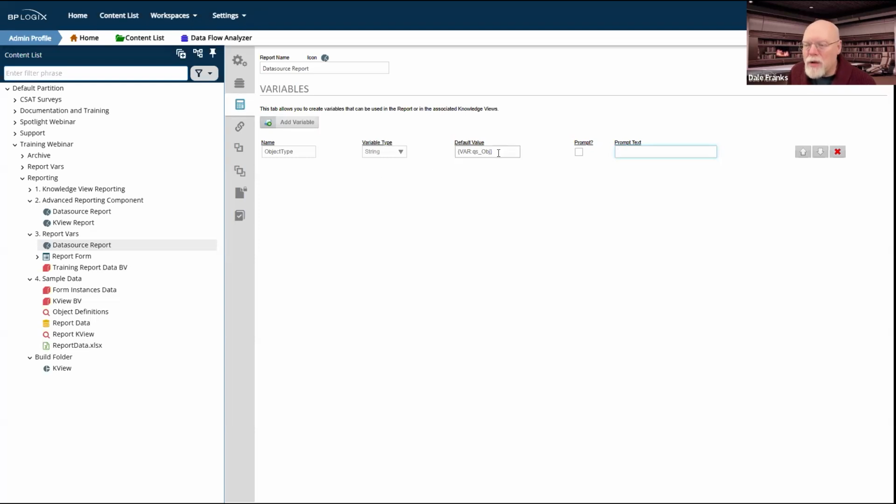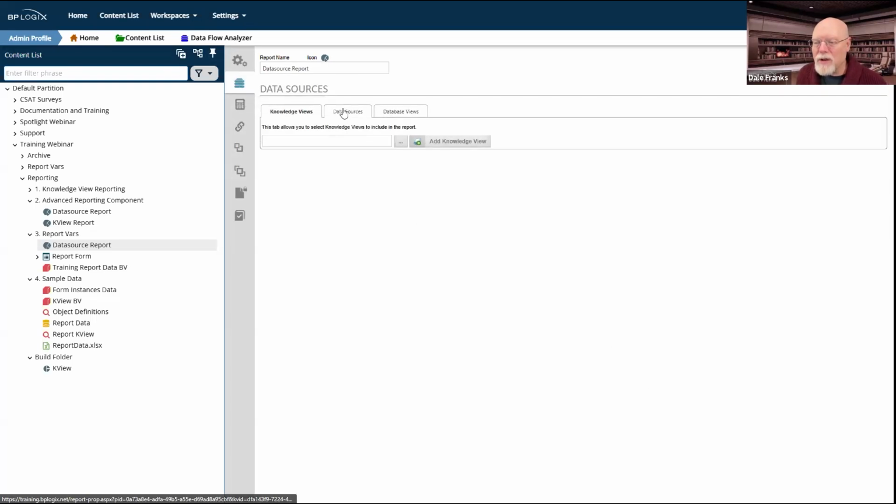But because I'm using this variable, which if you can't see it, is QS_OBJ, it's my object query string. That's what that nomenclature means, at least to me. So I've got this object type, basically, that I'm passing. And it's not even the full object type. It's really just some text that I am going to use to match against the object type. Now, as I said, this is a data source report.